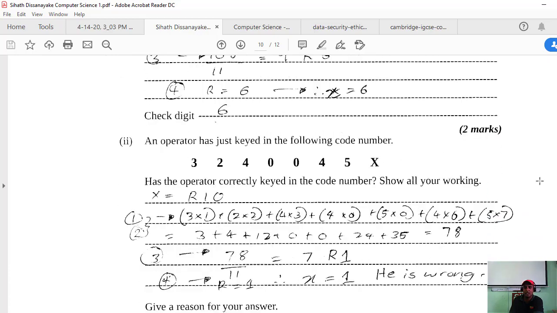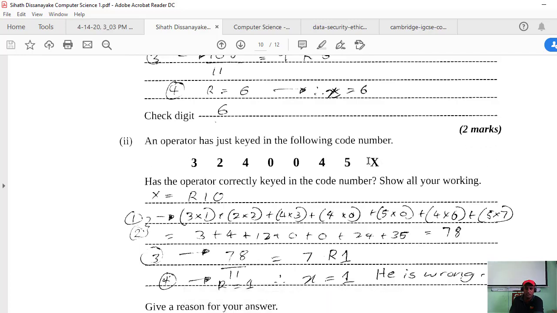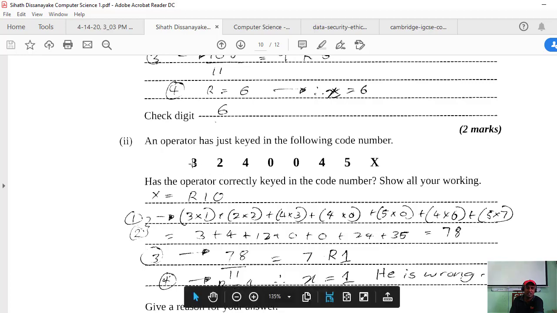Now we have to check the question: the operator has just keyed in the following code number. There's an X there. The X should exist, so they are having the check digit as 10. So now we have to find the check digit. How do you find the check digit? We have to use the modulus 11 check digit system.